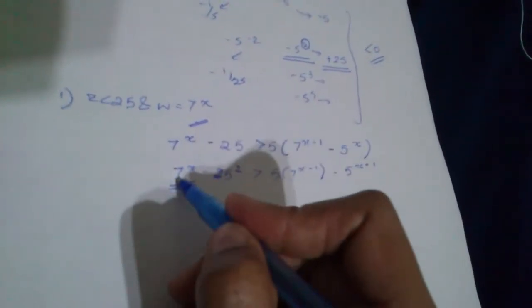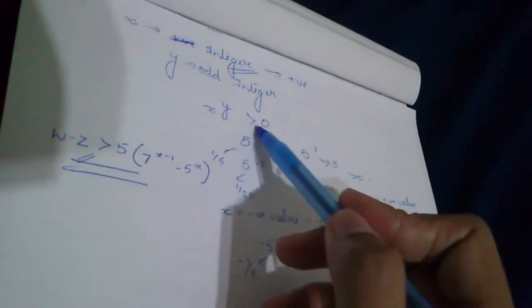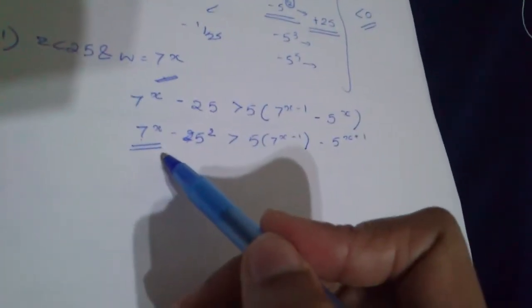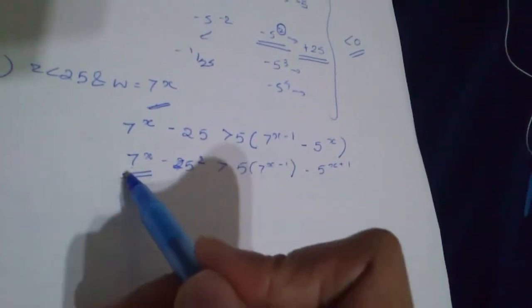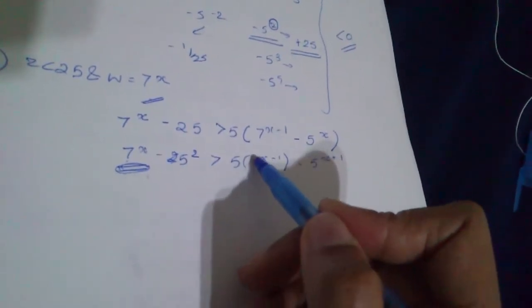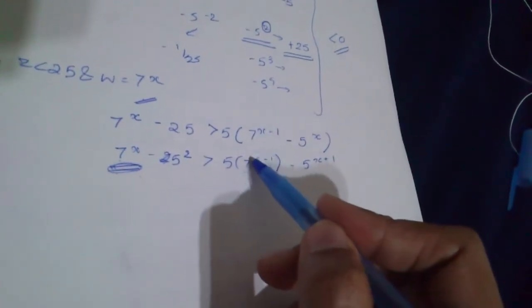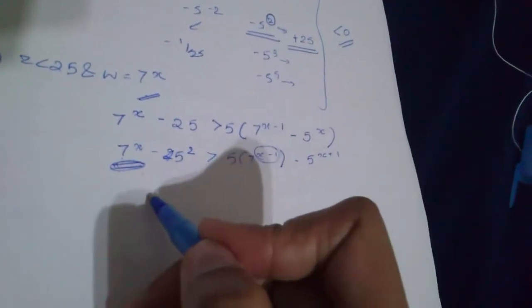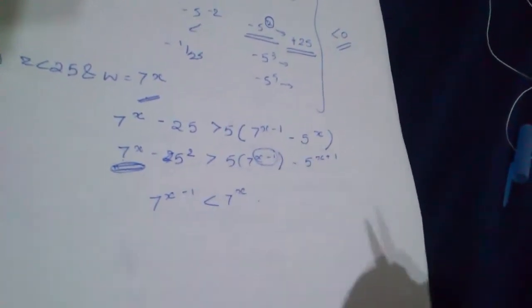Now if you see these expressions, 7 raised to x, 7 is a positive element, and x we already know is a positive integer. We just derived that x always has to be positive for x raised to y to be greater than 0. So x is a positive integer. Now when you raise a constant to a positive integer, say x, and you raise the same constant to another positive integer which is 1 less than the previous one, that is x minus 1, it's going to be smaller than the first value. So 7 raised to x minus 1 will be smaller than 7 raised to x, right?